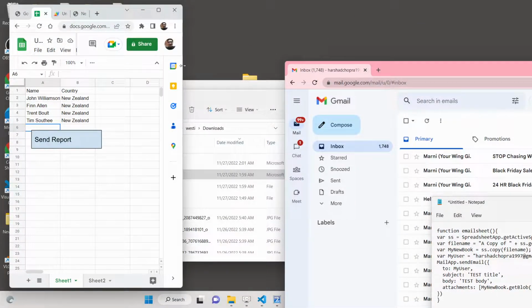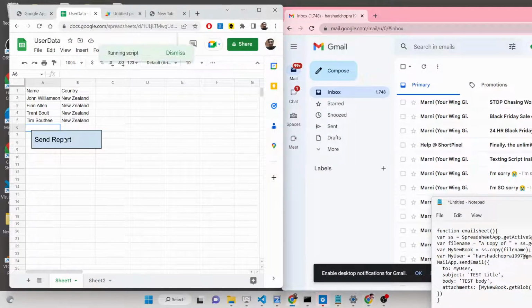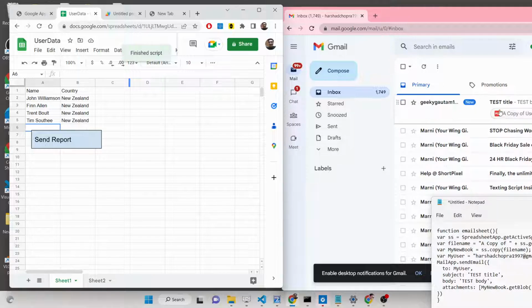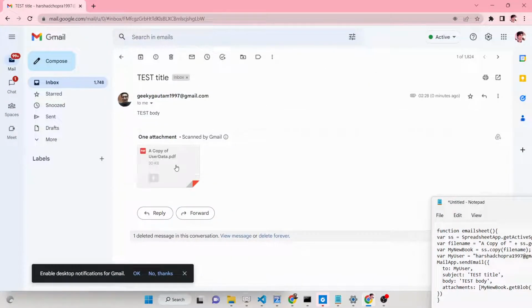As I hit this button, guys, what should happen now inside Google Apps Script, it will execute this function in the background. Let me hit this button here, send report. You will see it is running the script here, and as soon as this script is ending, you will see finish script. I will get a message here. You will see on the right hand side I got a message, and basically it will have this as a